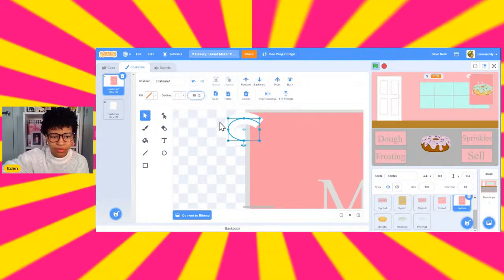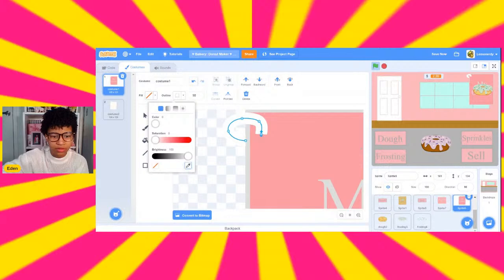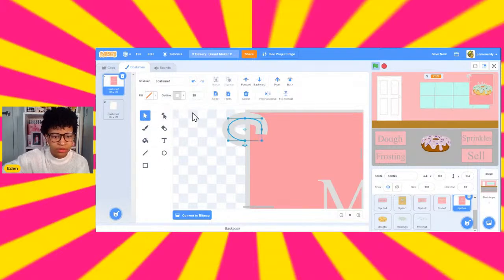10. We need this to be kind of more like that. Like more on it, I guess. There we go. Let's actually make this the same color as the outline because I think that would look nicer. There we go. So now that this is more like that, let's make it a little bit thinner. And then we'll copy this,